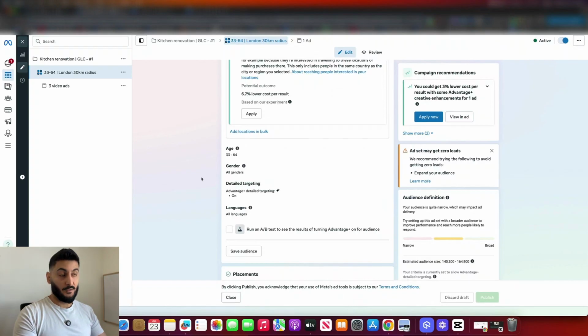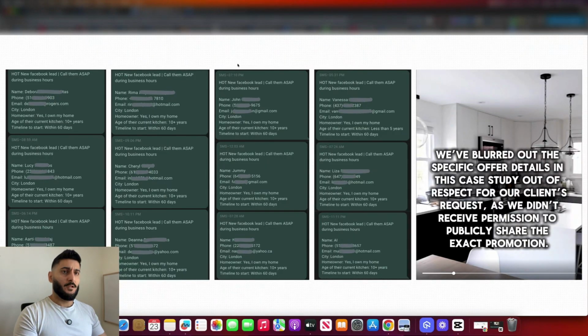And for detailed targeting, we're going to leave it broad because Meta's algorithm is now smart enough to know who to show the ads to, who are more likely interested in kitchen renovation and are in the market looking for it. So that's for that. So let's talk about